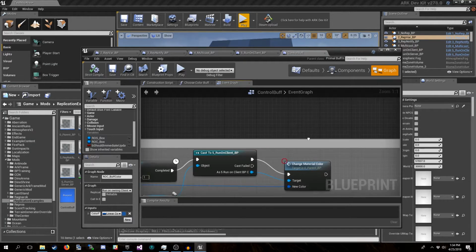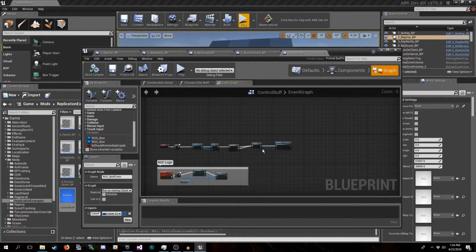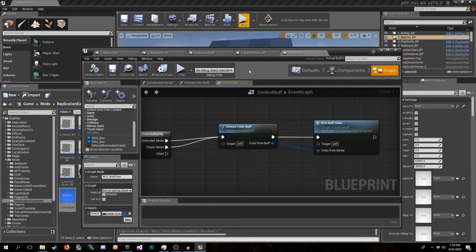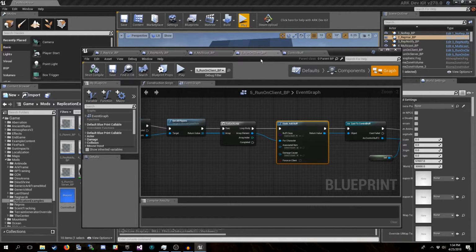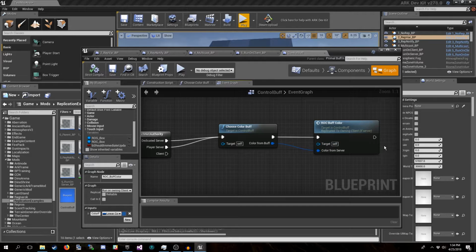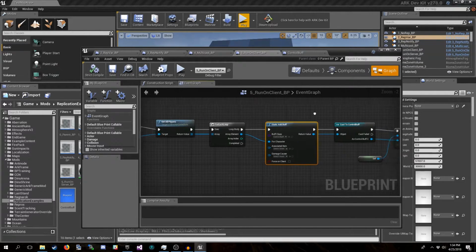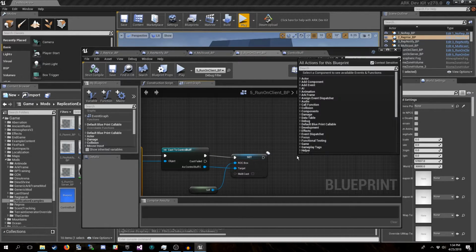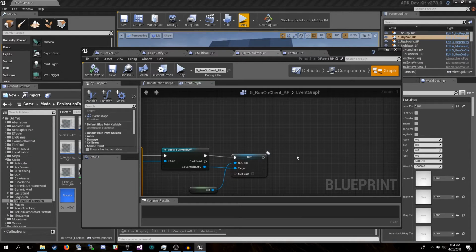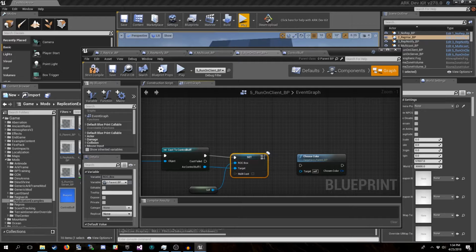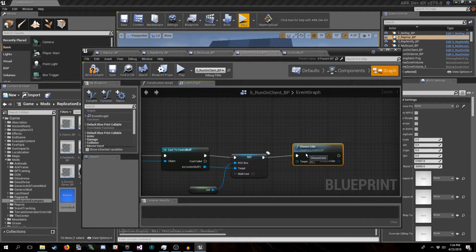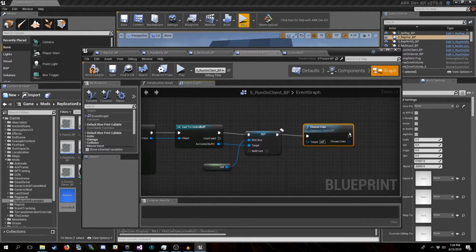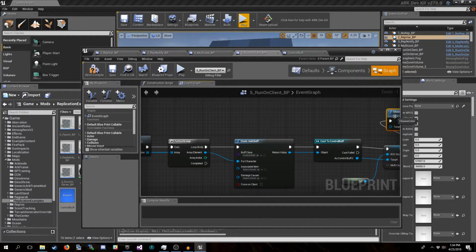To solve that problem, all we would have to do is have the instance of the box itself choose the color and then pass that to the buffs. So we could do something like this, right? We could call choose color. Oops. Oh, hold on.